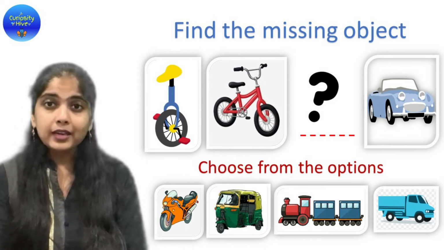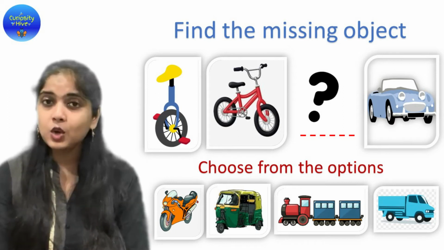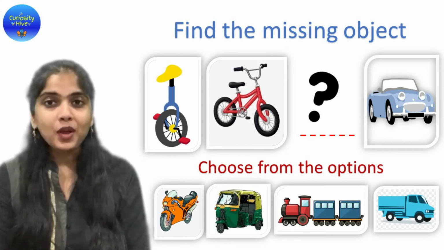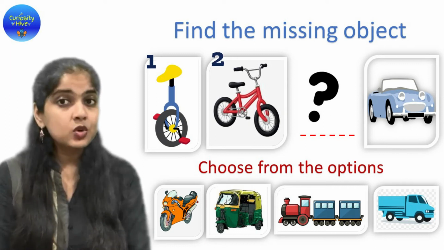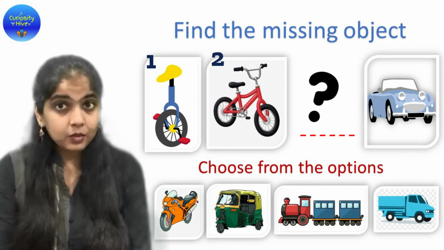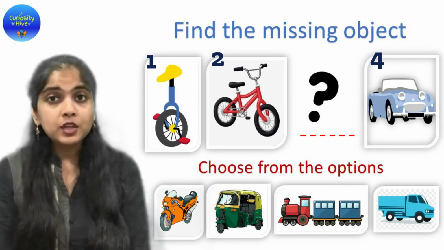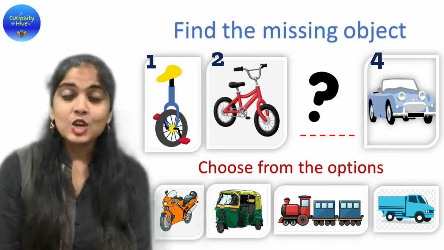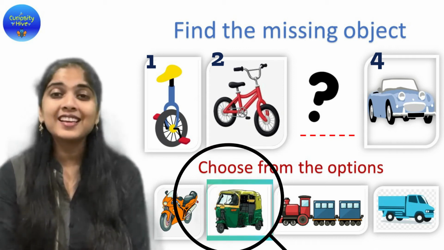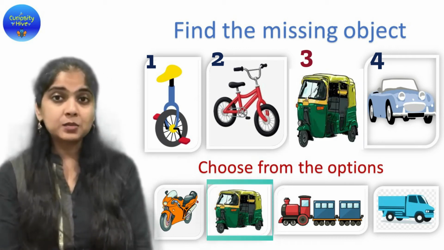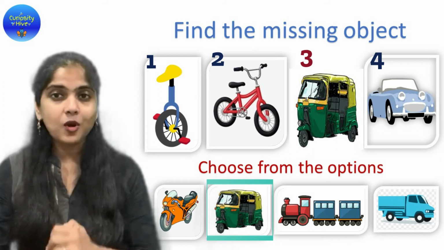Now we have to identify the unique thing that binds these pictures together and also has a logic. What would that be? Well, look at the wheels. The first image has just 1 wheel. The second image has 2 wheels. The third image is a blank, which we have to find out. And the fourth image has 4 wheels. So in each image, the number of wheels is increasing. So the third image of the given options would be a rickshaw, because a rickshaw has 3 wheels. So we complete this pattern where the wheels increase in each picture or each object.